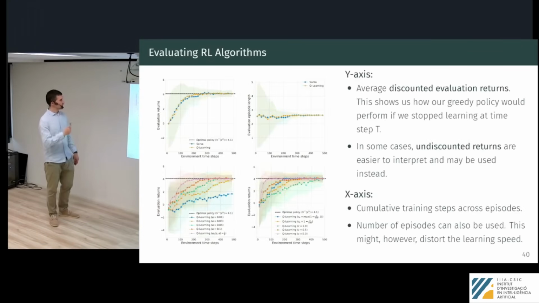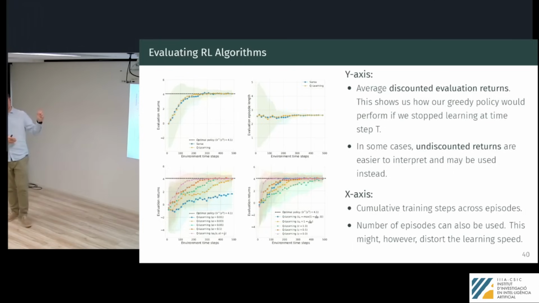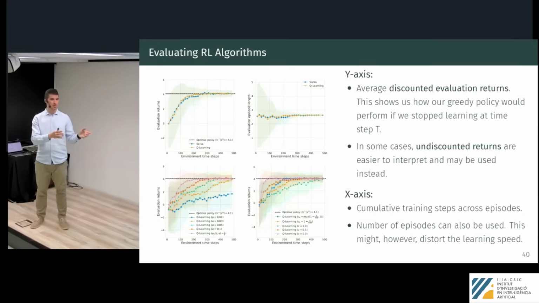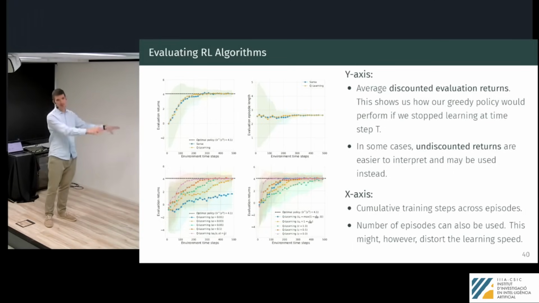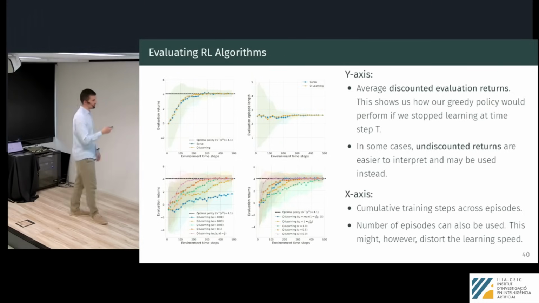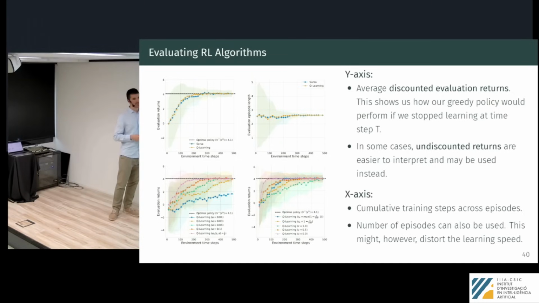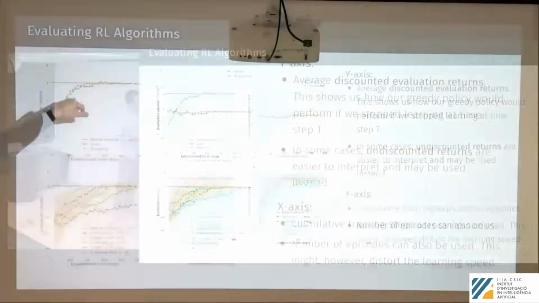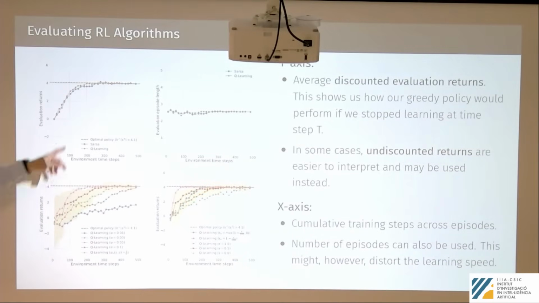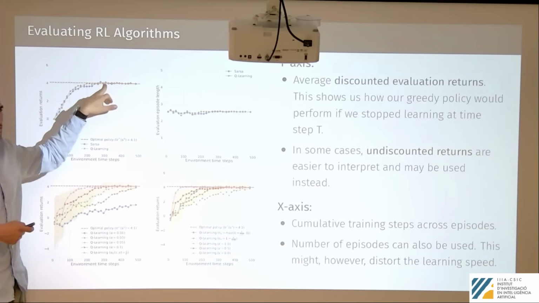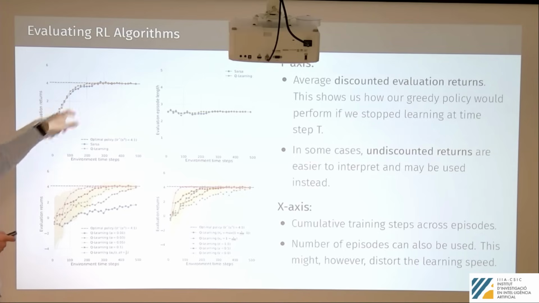Okay, so first of all, let me take your question in parts. If the MDP that we're solving here is an accurate model of the real world, let's say this is a perfect description of the real world, then these evaluation returns are exactly what you can see if you take the policy at any one of these particular points in time. So let's say at this point in time, if I stop training and I take the policy from here and run it in the MDP, this is exactly the average returns that I can expect to see. And if I take it from here, then this is exactly what I expect to see,